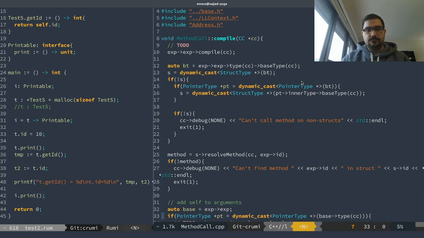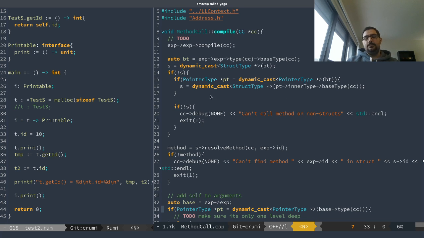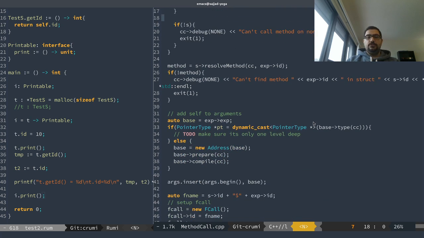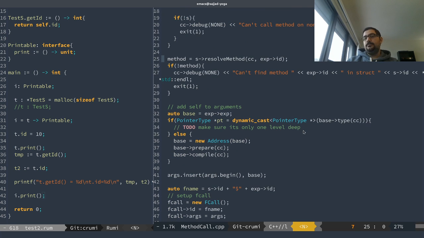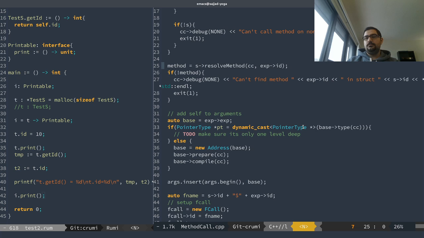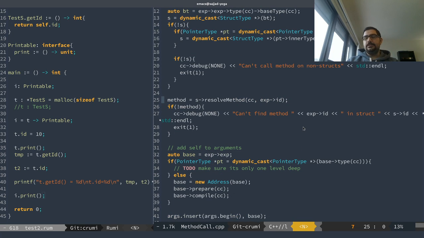Hmm. This code works if the underlying type is a struct. We know that our underlying type is not a struct, so here instead of actually producing an error, we should try to call it on an interface,